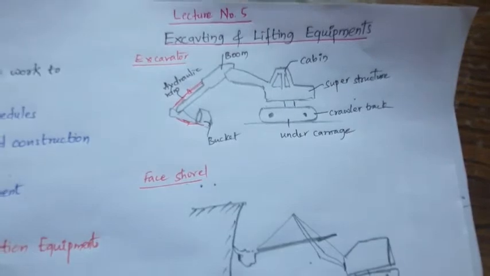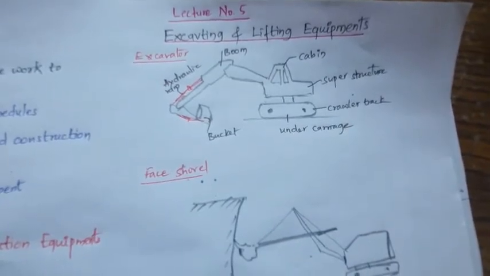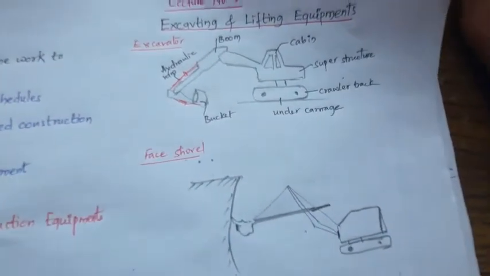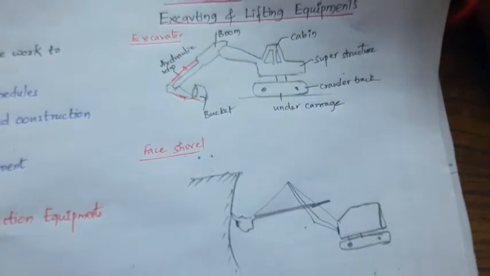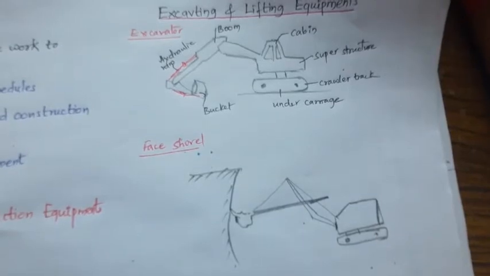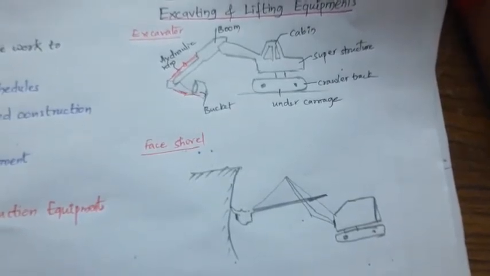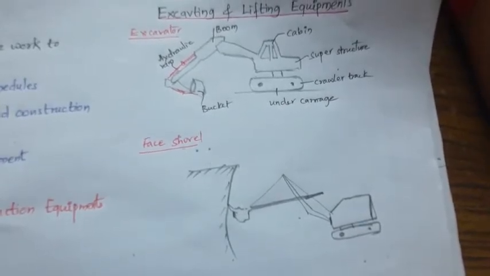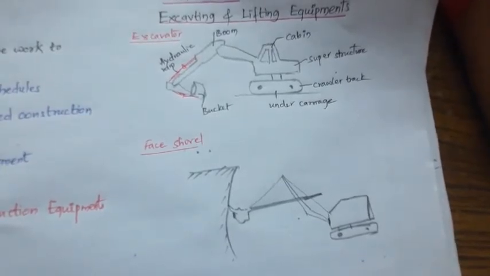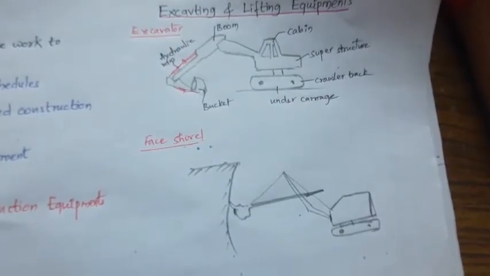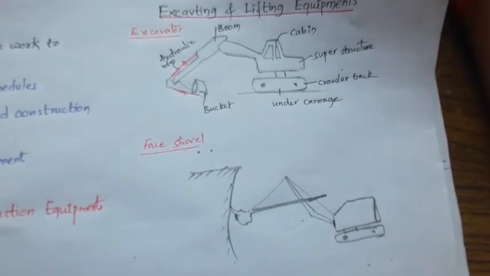Today we want to see lecture number 5, excavating and lifting equipment. An excavator is defined as a power driven digging machine. The major types of excavators used in earth moving operations include hydraulic excavators or the members of the cable operated crane shovel family, like shovels, drag lines, hoes and clamshells. They work cable operated. Dozers, loaders and scrapers can also serve as excavators, but they mainly depend upon hydraulics.